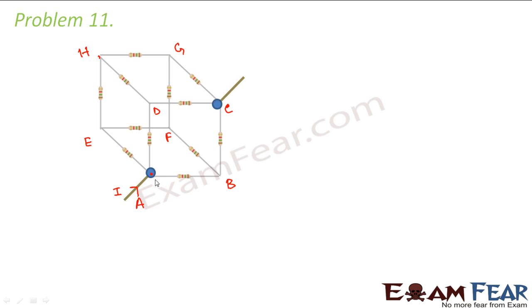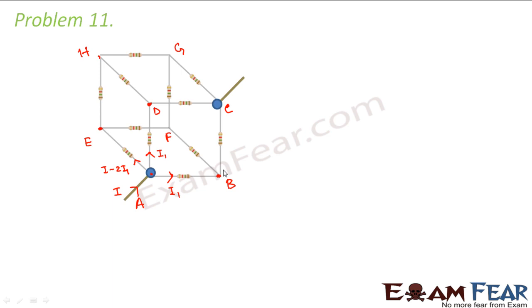That means the amount of current through this path and this path will be the same because here it has to pass through the same number of resistors, but the amount of current through this path will be different. So let us say some current I1 flows through this, therefore the same amount of current I1 will flow through this path. So how much current will flow through this one? Total current was I, so I minus 2I1 will flow through this path, right? Now this current will reach this point and this I1 will reach this point and this I1 will reach this point.